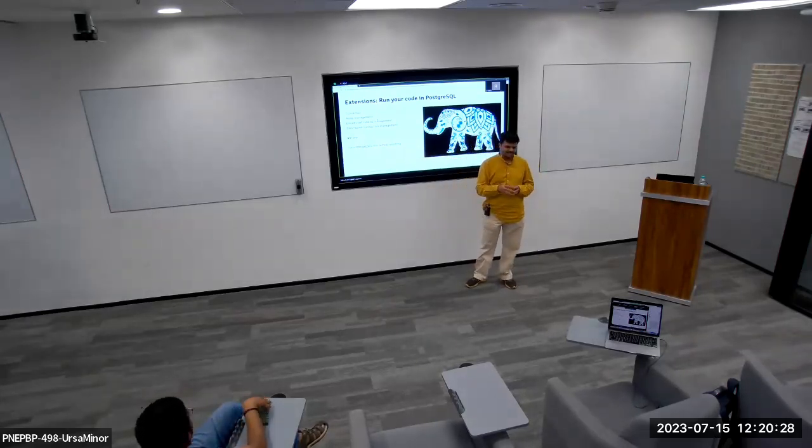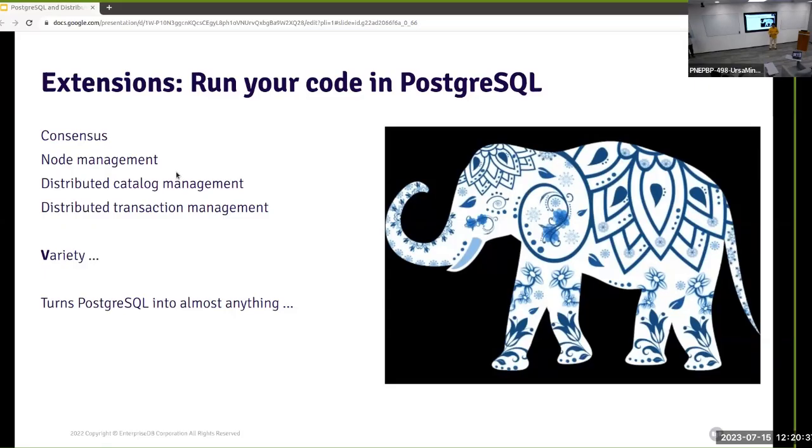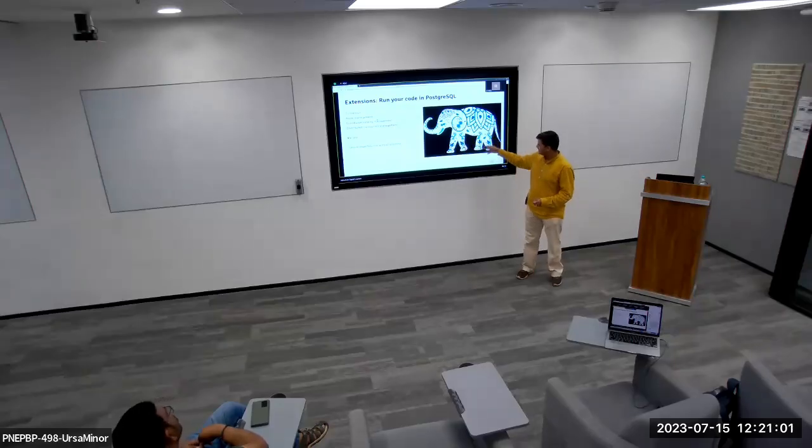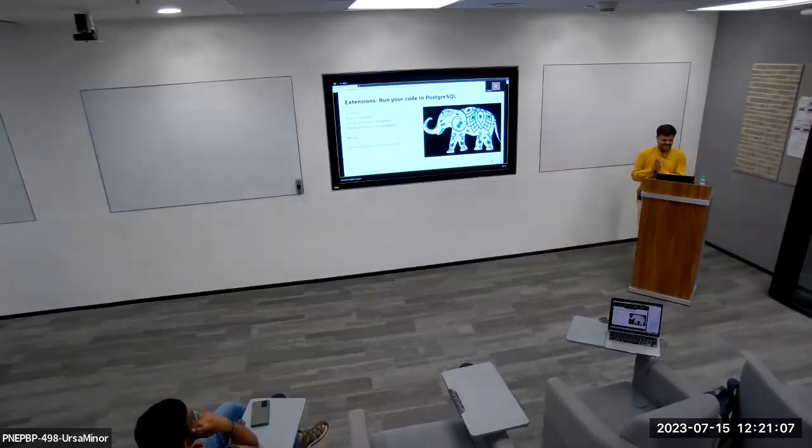I have seen a demo where they have developed an IoT system where PostgreSQL is at the center of that system. And it does everything. I mean, there is no application layer surrounding it. Again, through extensions. So you can turn PostgreSQL into the system that you desire using these extensions. Like this guy, its shape is elephant, but it's no more an elephant, right? So that's the kind of thing that you can do with PostgreSQL.